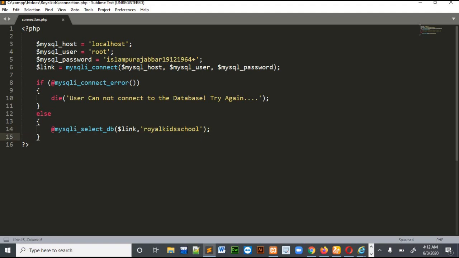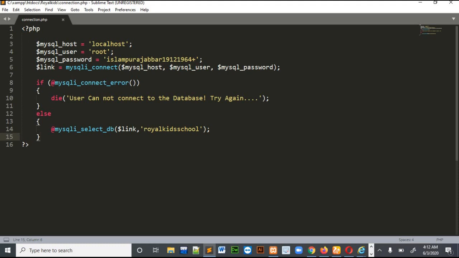I have used the built-in function mysqli underscore select underscore db, and we had linked our database, and then we had selected the database which we want to work on, which is Royal Kids School. So this is how we can connect our project with the database.